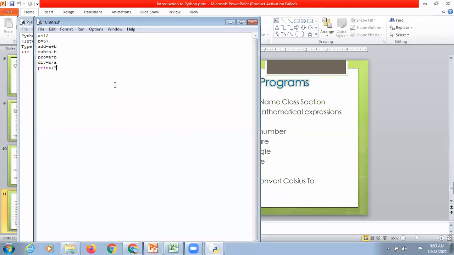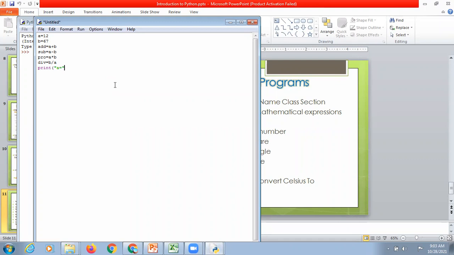within bracket first, because for the user, he is not aware of what is the value of a and what is the value of b. So here we will print the values also of a and b. So here I am writing print a equals to. The message which you want to print as it is on the screen, that you will write in double quotes.